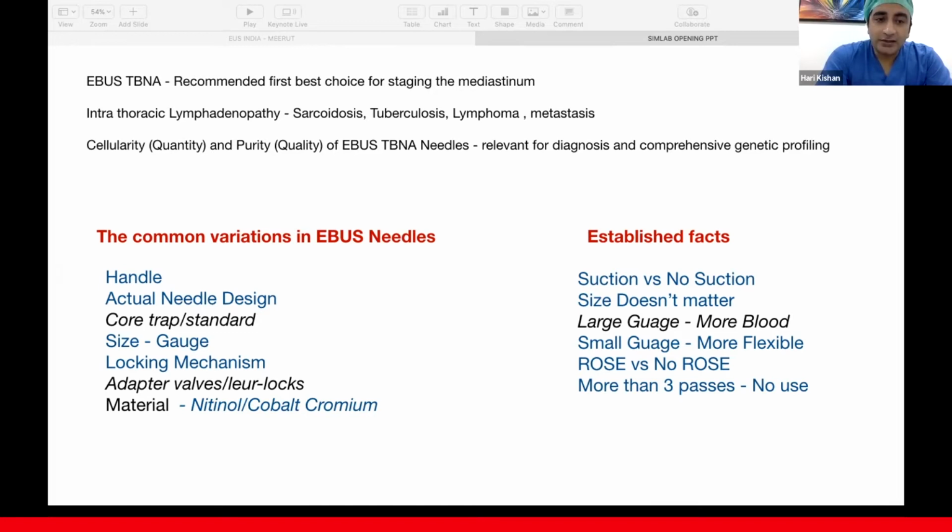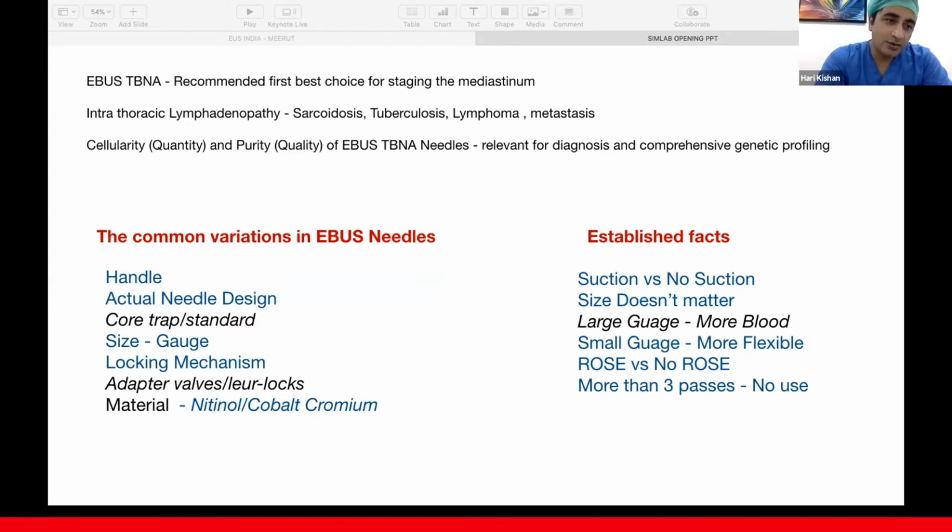A lot of factors will decide how good the diagnostic yield is, and also how good the molecular marker analysis is on an EBUS TBNA. So quantity and quality, cellularity and purity of EBUS TBNA needles play a very important role for diagnosis, also for comprehensive evaluation of patients. The common variations, if you look at EBUS needles, so we have so many